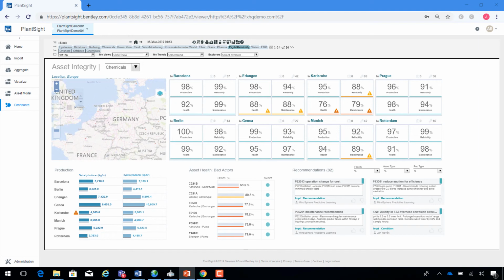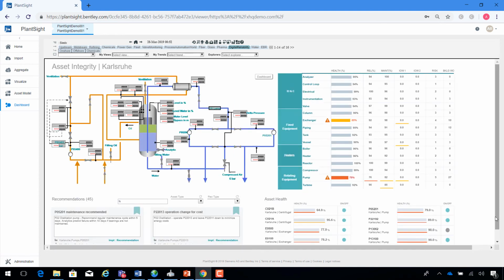Here in PlantSight, you can see that we have a multi-site corporation with many sites here in their chemical operation depicted in a single consolidated production dashboard. There's some problems in the Karlsruhe facility that we're going to drill into. These dashboards are highly configurable and tailorable and can include